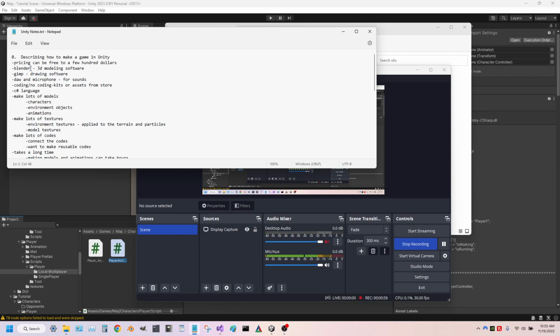And for this, I've used Blender, and for drawing software, I've used GIMP, but you can use any other drawing software. For the sounds and audio, you have to use a digital audio workstation or a DAW and